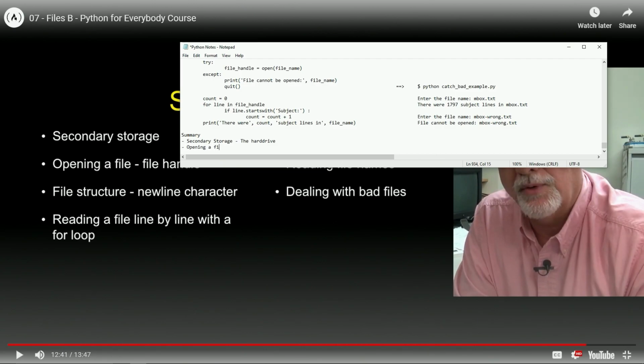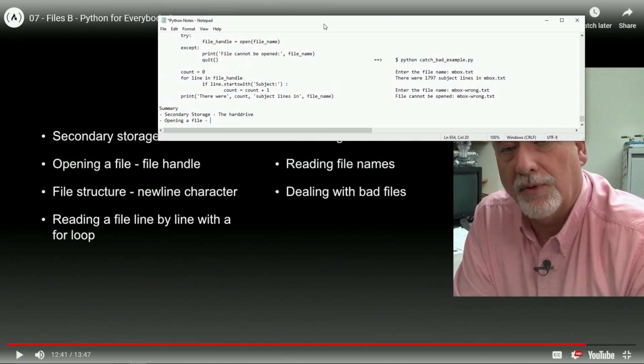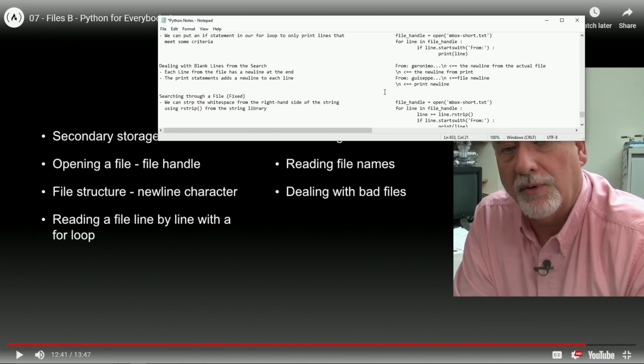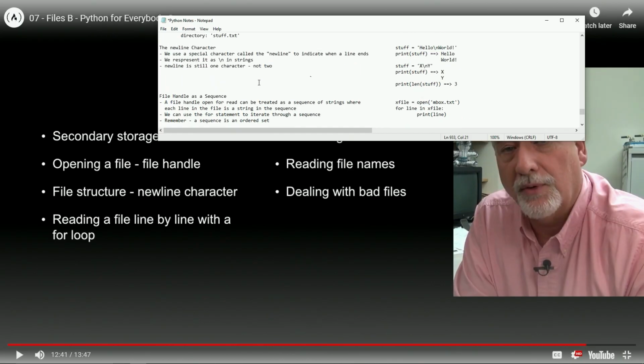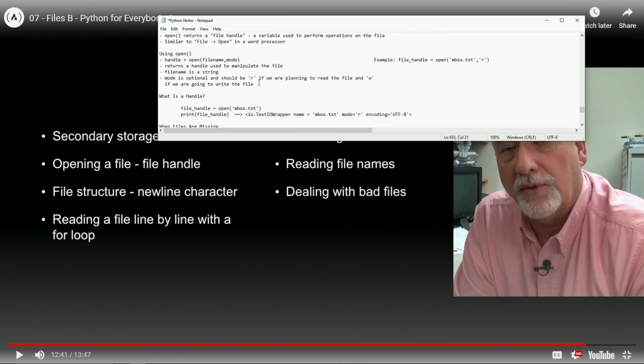Opening a file handle, right? File handle. Yes. Let's do it like this. All right, opening a file handle. Let's go look at that real quick, because I kind of don't remember exactly what it is. File handle. Is it sequence? No, character. What is a handle? I didn't even tell it. What is a handle?